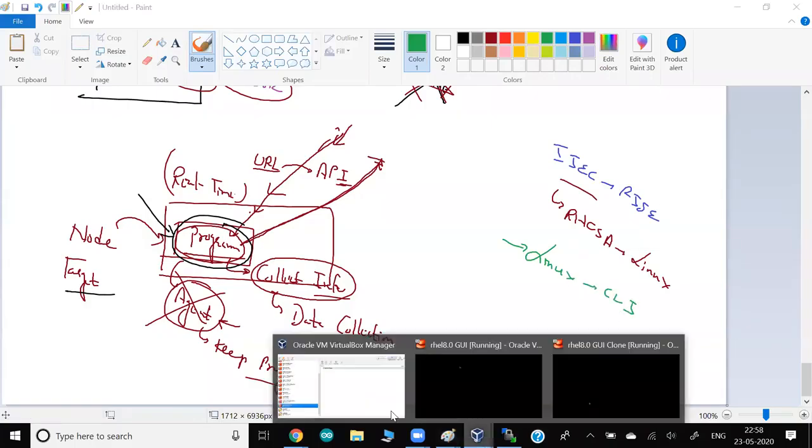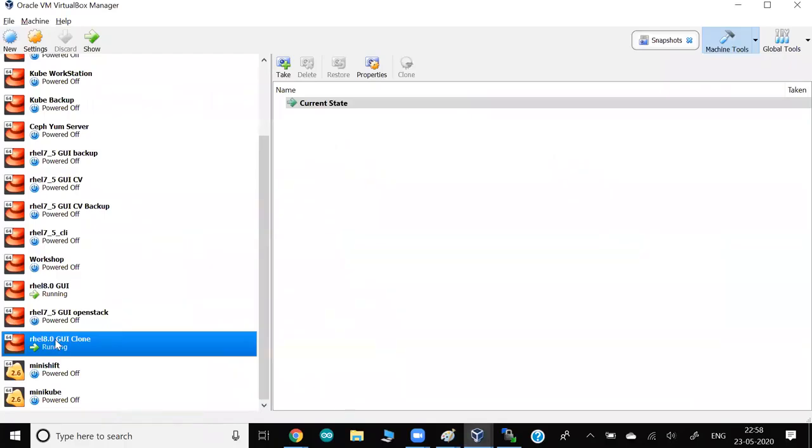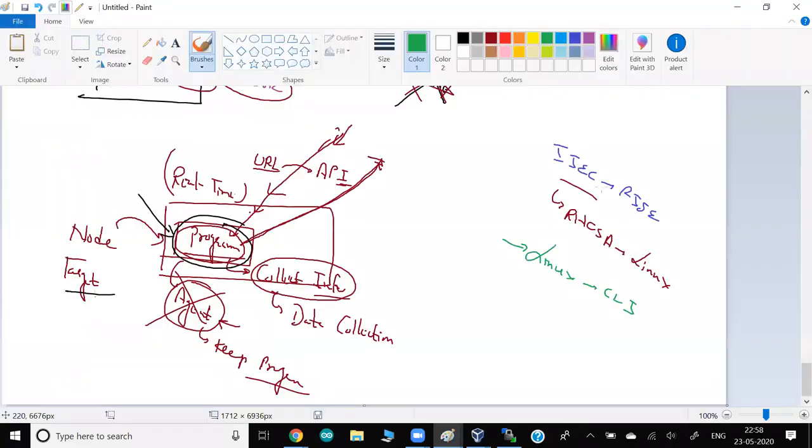Because right now you have installed Red Hat with a GUI. It consumes a lot of memory, so if you have limited RAM in your laptop, it won't work. But if you install the same Red Hat and set up YUM in the Red Hat CLI, it runs in around 100 MB of RAM, so you won't face any issue on your laptop while practicing.